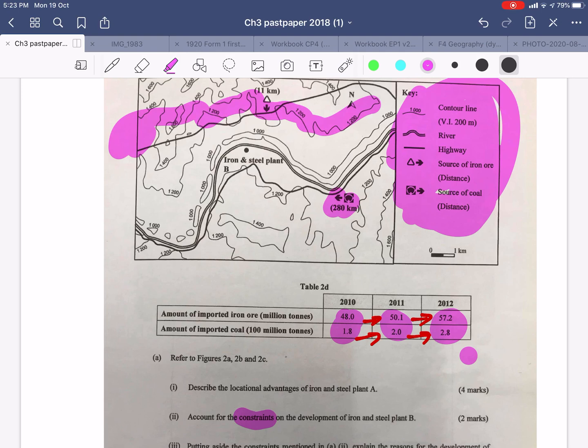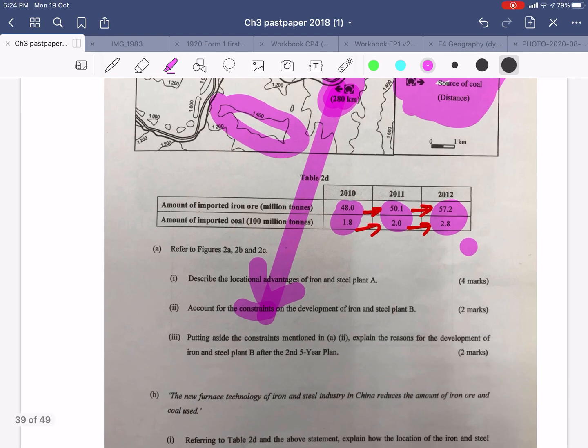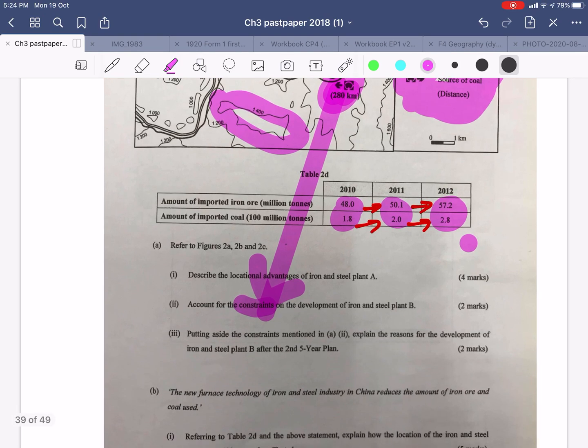Okay, so accordingly, the iron ore is also not a constraint because it's too convenient, but coal is okay because it's quite far away. And what's more, can you see the contour line is very dense? If it's very dense, then it's talking about hilly relief, and if it's hilly relief, then it's very hard for the plants to expand. Okay, putting aside the constraint mentioned in the